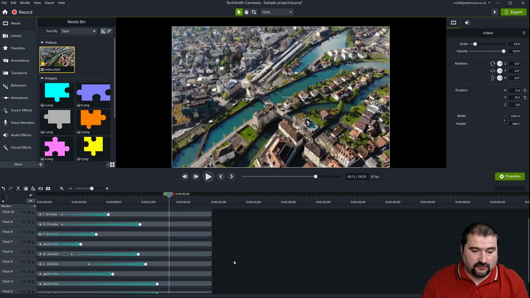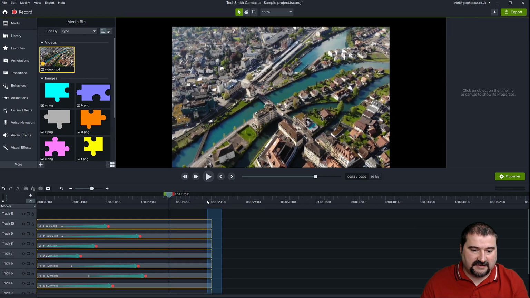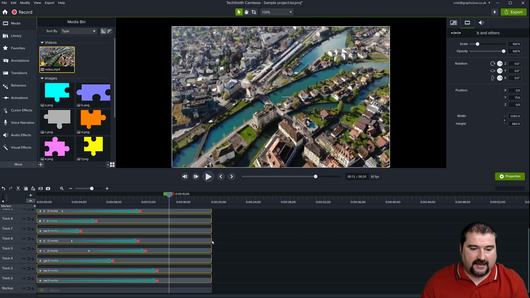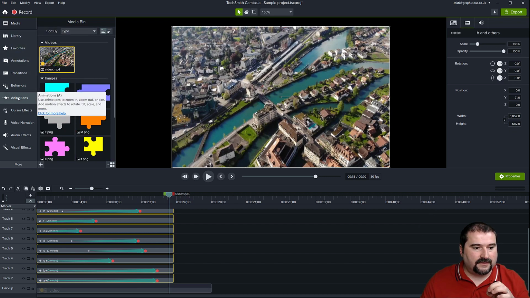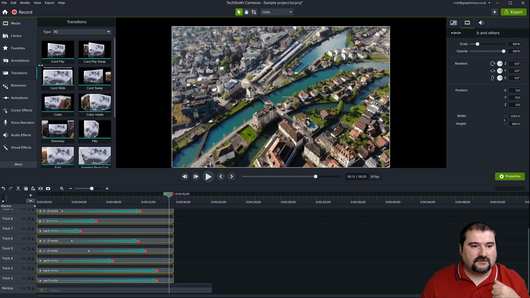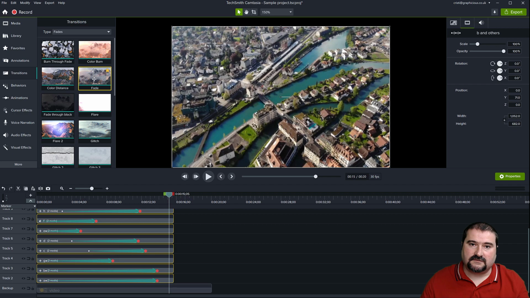So what I could do is select all of my pieces, right? And pretty much shorten everything here and fade those clips out, right? So if you go to your transitions, you can choose a fade transition or whatever, and apply the fade to all of those clips.